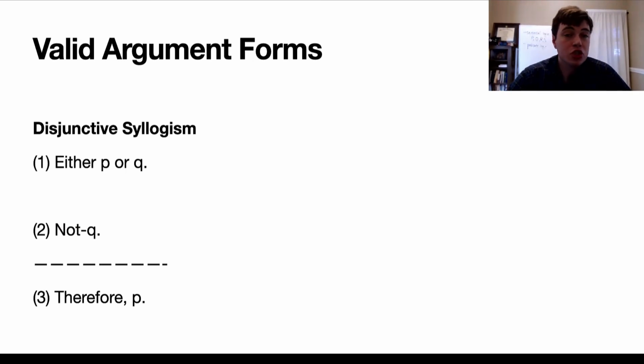This is called a disjunctive syllogism because disjunction is the name for a claim that has as its connectives either/or. So either P or Q, not P, therefore, oh, sorry, I've got not Q, therefore P. It could also work with not P, therefore Q. But this one is either P or Q, not Q, therefore P.